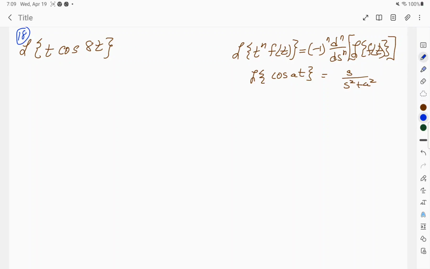Question 18. Find the Laplace transform of t cosine 8t. So I have two helpful transforms written over to the right side. The first one,